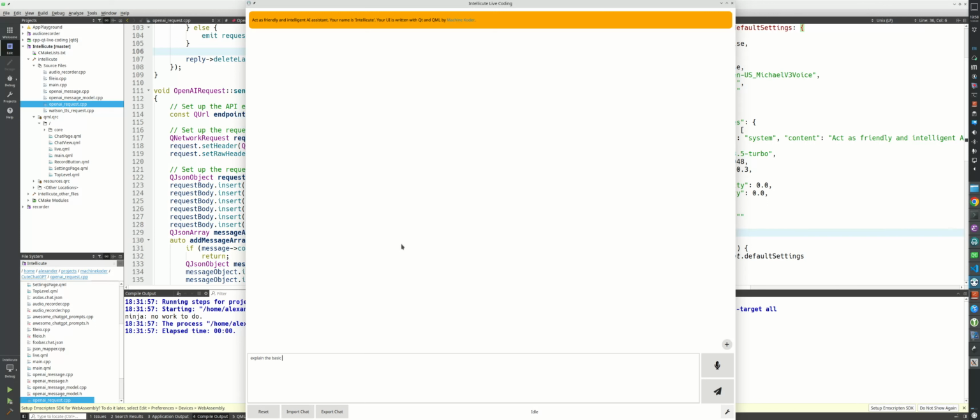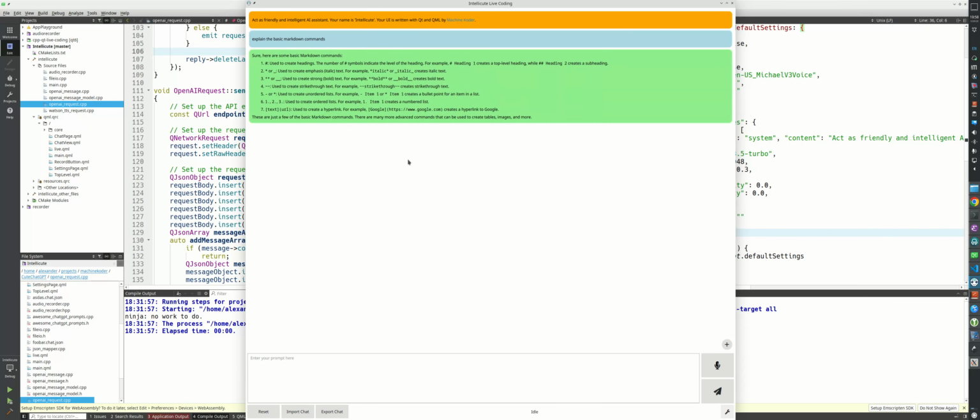explain the basic markdown commands, and you will see, it takes some time of course to generate it, but you will see actually that we get some markdown formatting as well here. Yeah, and you will see actually that's already formatted kind of. You can disable markdown rendering as well if you want to. In this case,